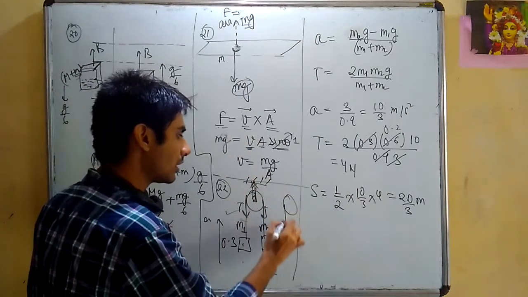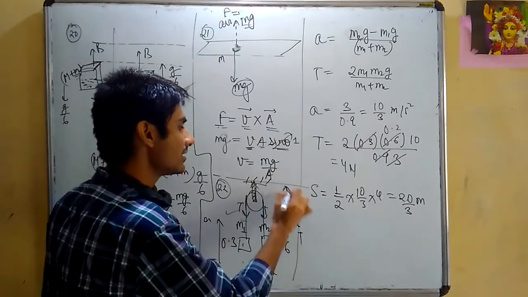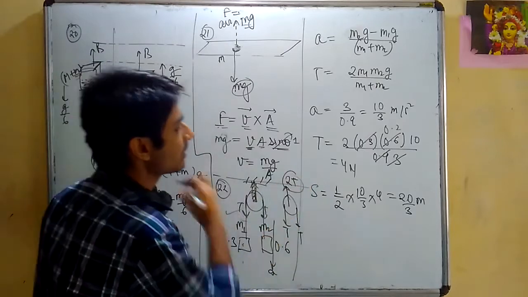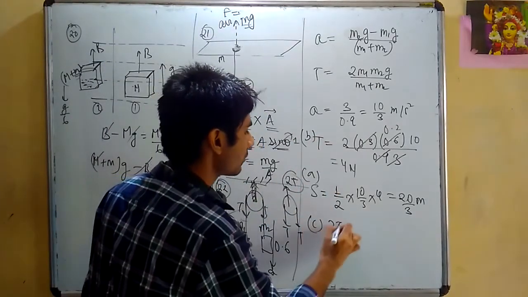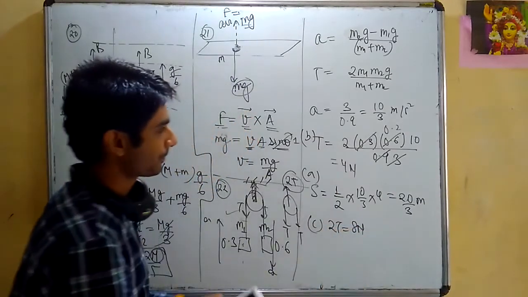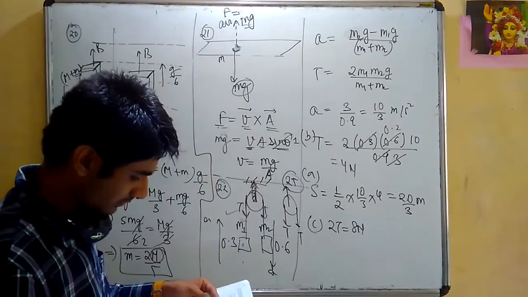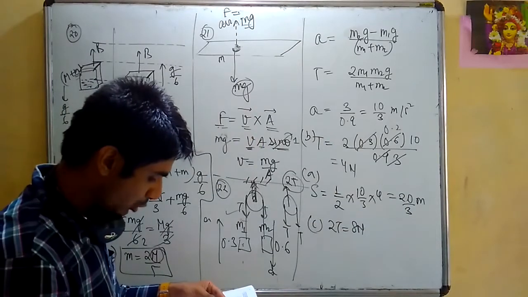See, free body diagram of pulley if you draw, this is t and t. This should be equal to 2t. So clamp will exert 2t. So what is the force? This was part A, this was part B, and the clamp will exert a force of 2t, that is 8 newtons. This is the answer. Let us come to question number 23.